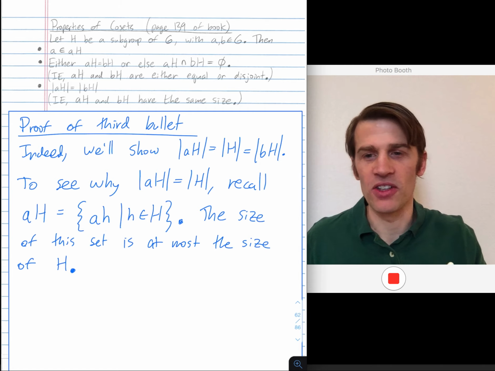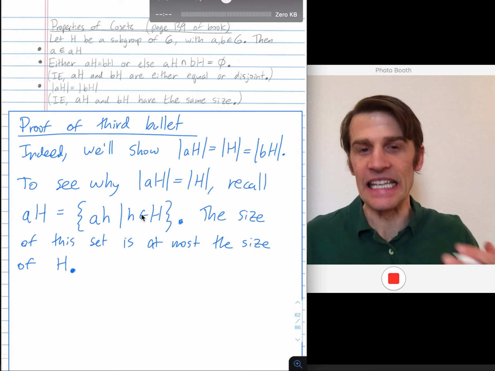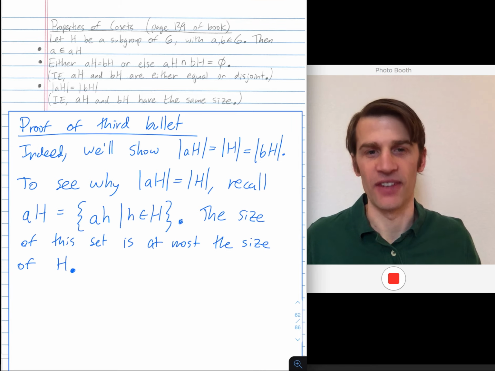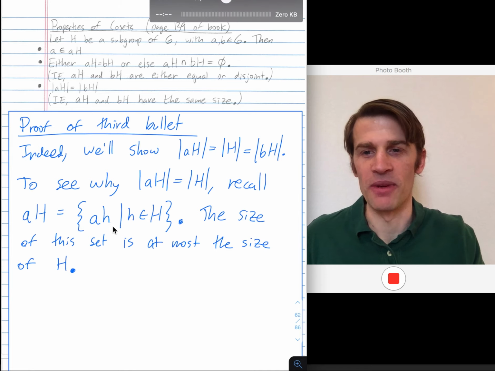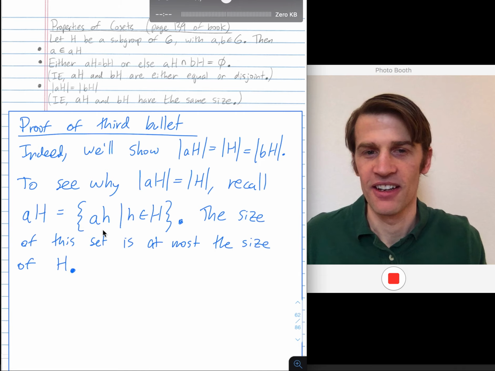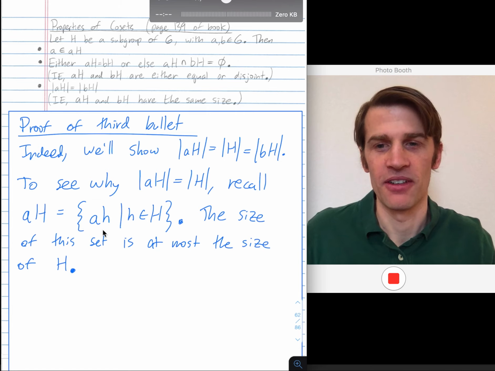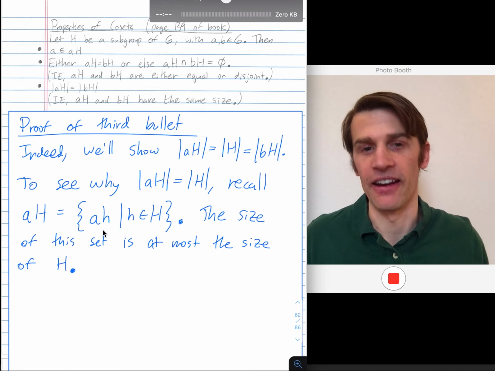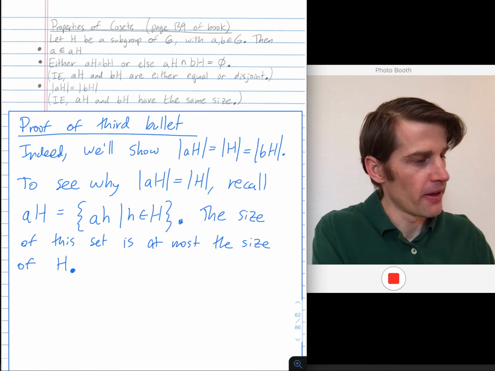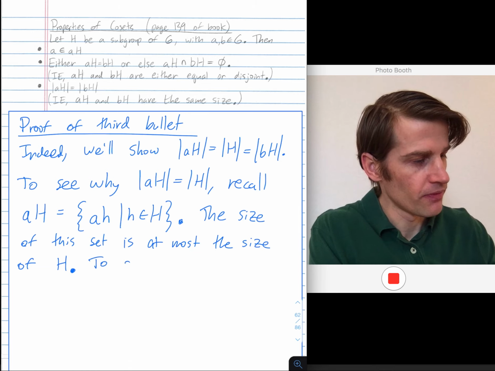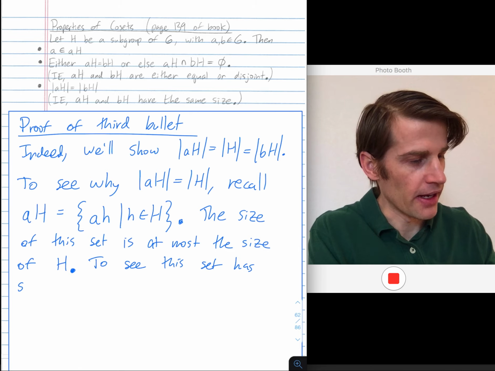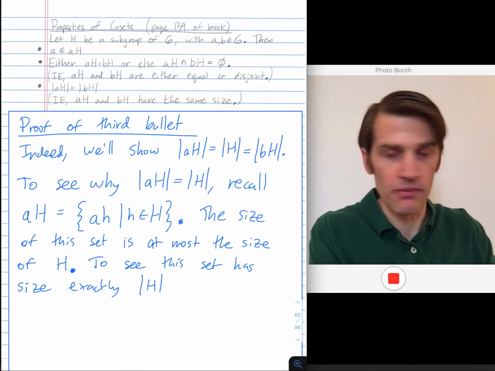Now, to see that the size of the set is equal to the size of capital H, we need to show that no two elements, A times little h or A times little h prime, where h and h prime are in capital H, collide. We need to make sure there are no collisions. So to see this set has size exactly the size of the subgroup H,